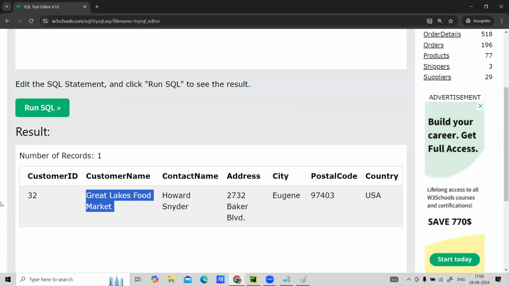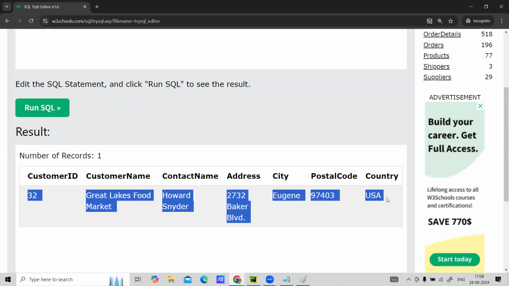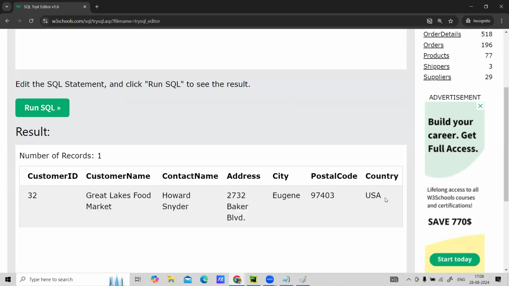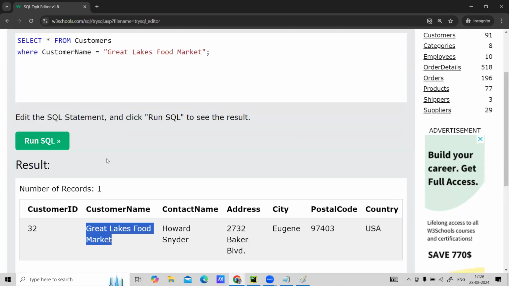Now, I don't want all the details of Great Lakes Food Market. I just wanted to know his address alone. I just want in the output the address of Great Lakes Food Market alone. So what should I modify in this query? If I need only the address,